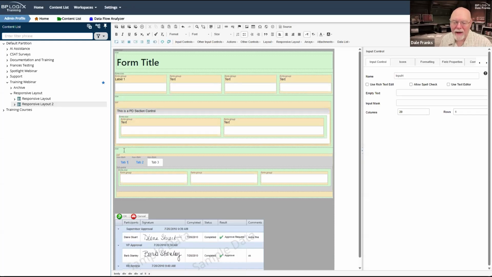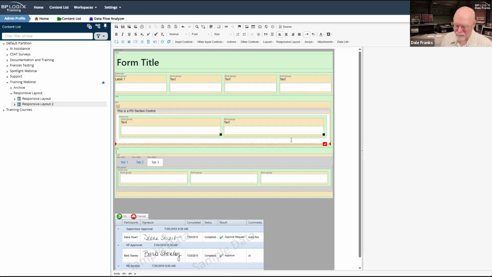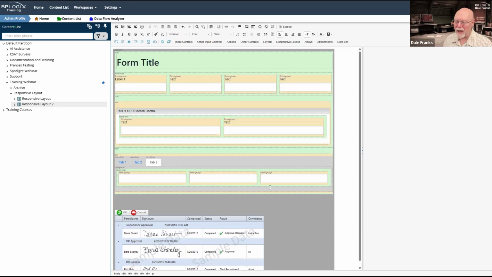And is it here? Nope. Yep, there's that one. We got to get rid of that. And down here, there's an extra space. I'm going to want to get rid of that.